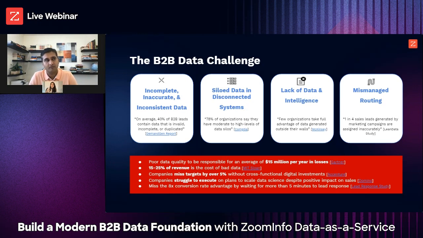5 years ago, there was not enough B2B data maturity, if you will, and everyone was trying to move towards AI, predictive modeling, things like that, without realizing that the underlying basic B2B data was not there. So essentially what happened is that everyone used to start with thinking, oh, we have a lack of data intelligence problem. So that's like 5 years ago. But if you ask me where we see the good ones, if you will, who have now got it, I would highly recommend folks focus on the incomplete, inaccurate, and inconsistent data,